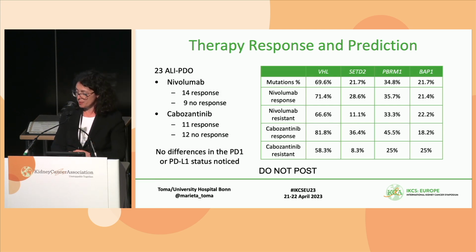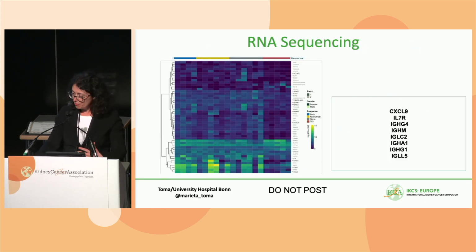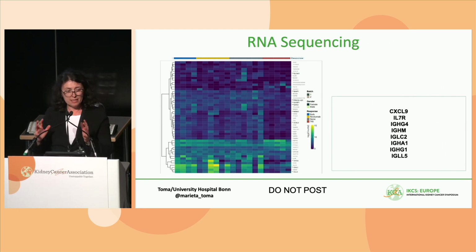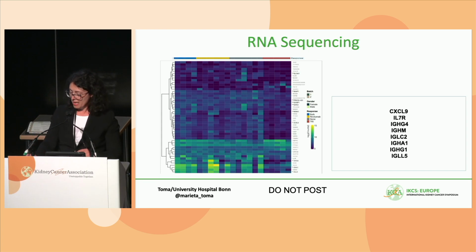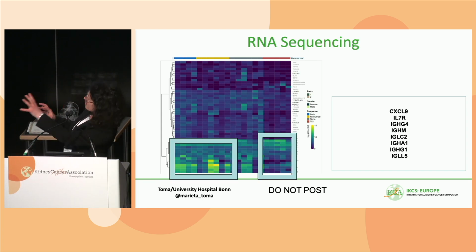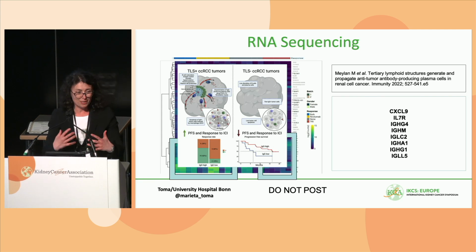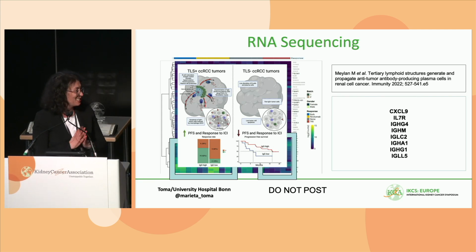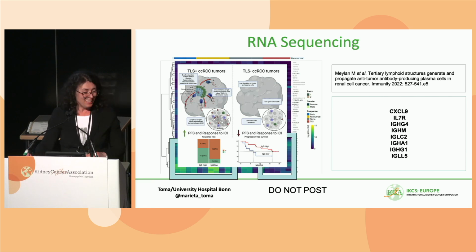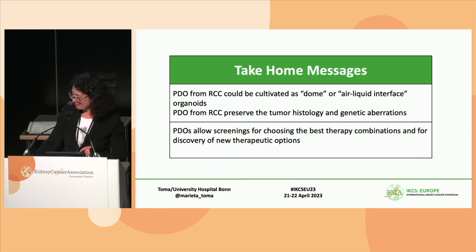There are some differences, but they are not statistically significant. And then we thought, well, what is the difference between cases which are answering to TKI and cases answering to immune checkpoint inhibitors? And those are those 2 groups. And we found also the differences not in the T cell signature, but in the B cell signature, with the Ig immunoglobulin genes being differently expressed. And we were so happy to see this paper because it confirms what we are also seeing.